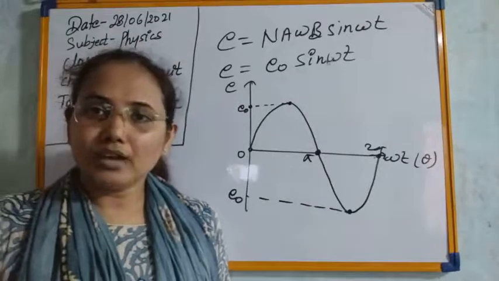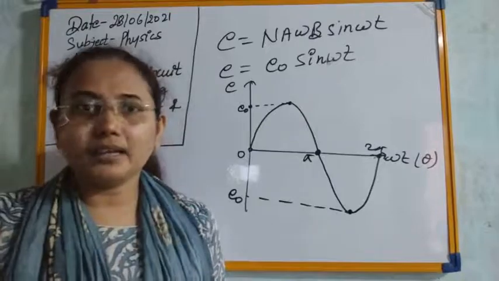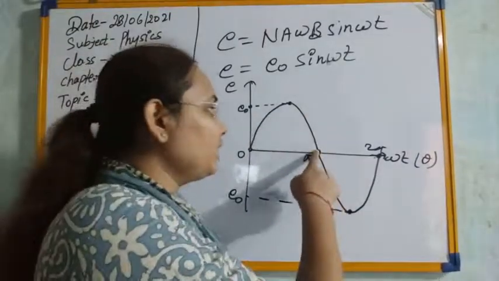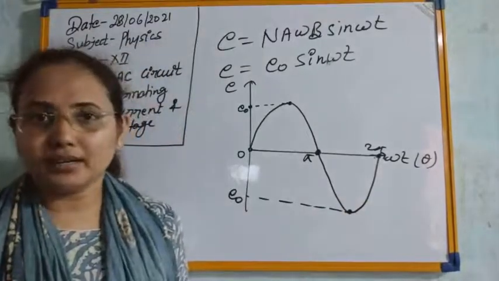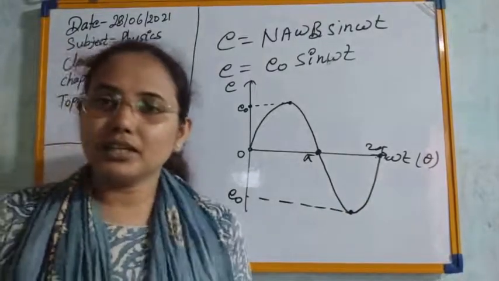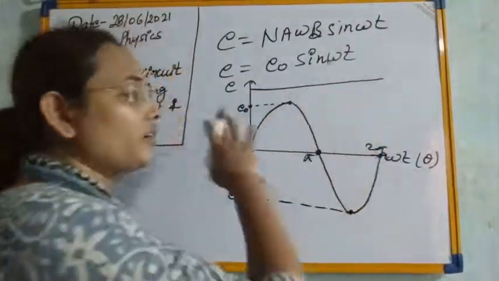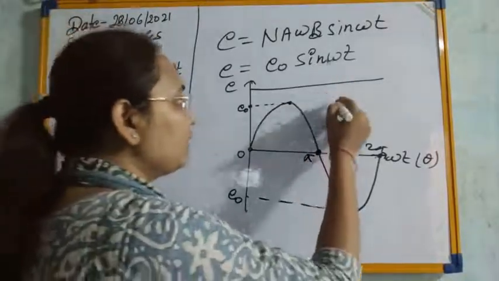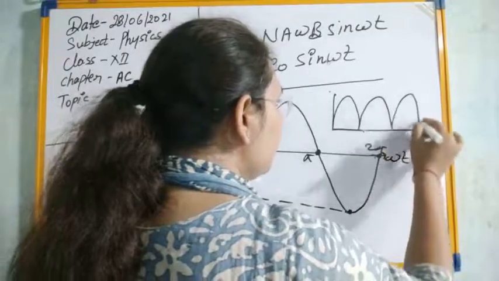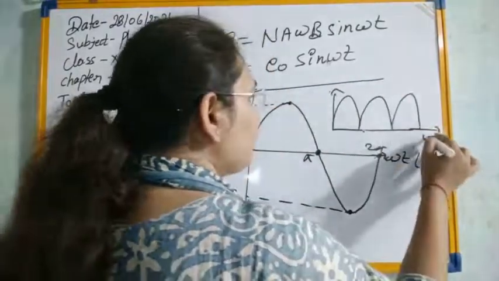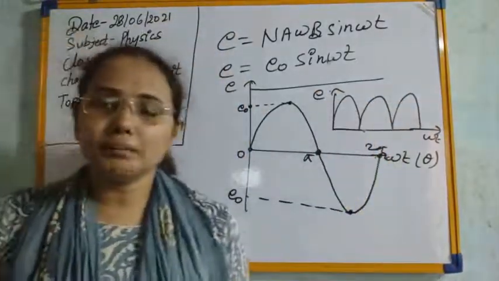So if you start to plot the graph for DC, or direct current, then you will get either only the positive half cycle or only the negative half cycle, meaning you will get only one direction for the current. Here the direction of the current is not changing with time, so you can also represent it by a steady line. This is a constant value that we are getting. If you want to represent it by a graph, then in such a way this is the graph for DC. So this is the DC current for which we are getting only the positive half cycle.